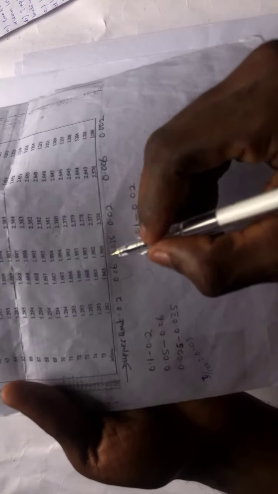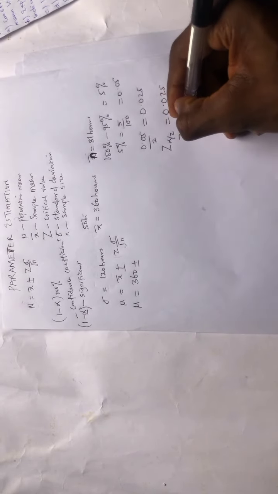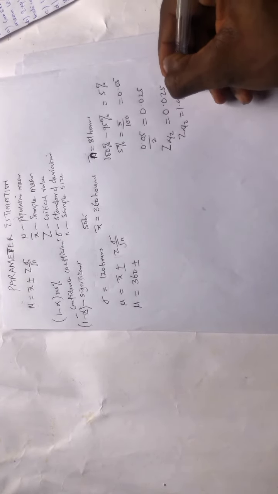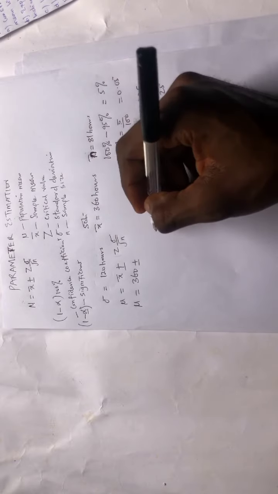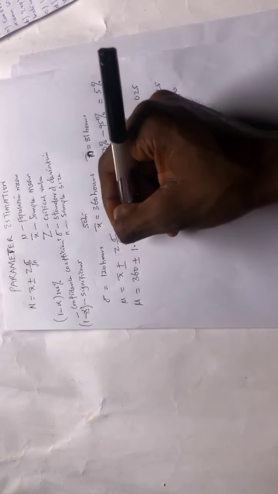Of course, it meets at 1.96. Since it meets at 1.96, that means our z alpha over 2 is equal to 1.96. So we can substitute that here, and we have 1.96 into